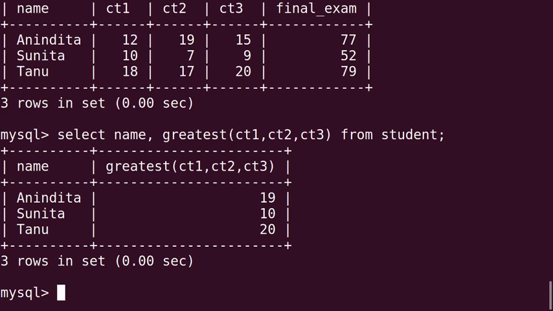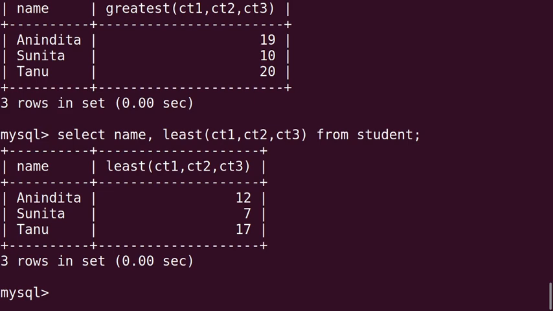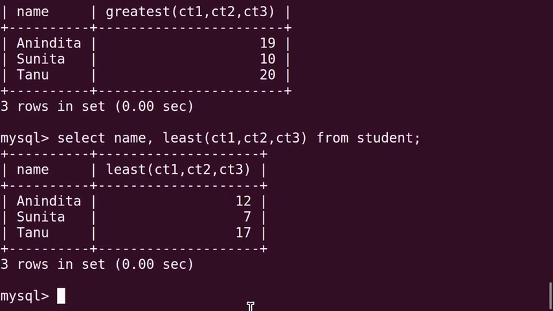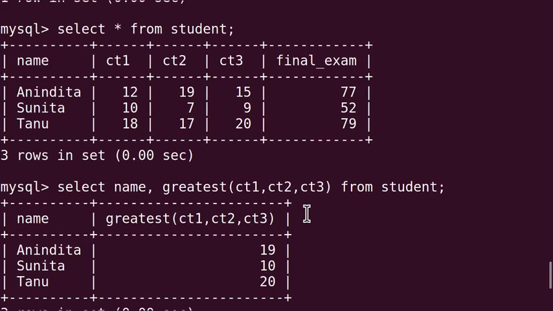And similarly, if I want to get the least class test marks, then we will use the least function. So you can check from the table that for Anindita, 19 is the maximum marks and 12 is the minimum marks among the 3 class tests.